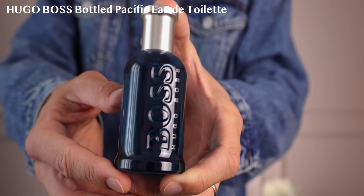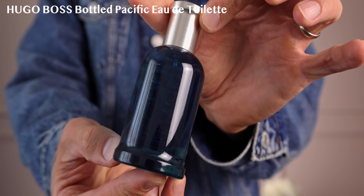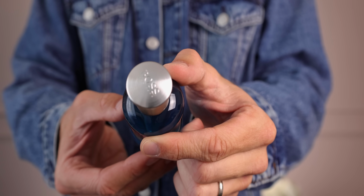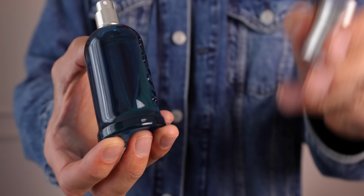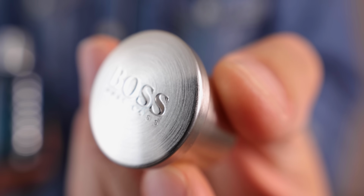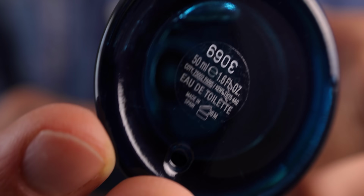This scent, it's blue. It's you by the seaside, but you've got a coconut Malibu drink in your hand. It's got this coconutiness to it, and it's got this fun tropical vibe. So if you maybe love sweeter fragrances, or you want your blue fragrance to do a bit more for you, you've got this fun character, you want the fragrance to really represent that in scent form,